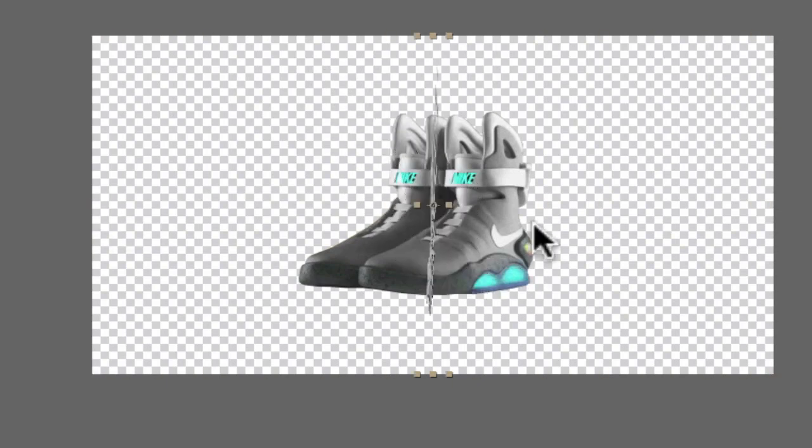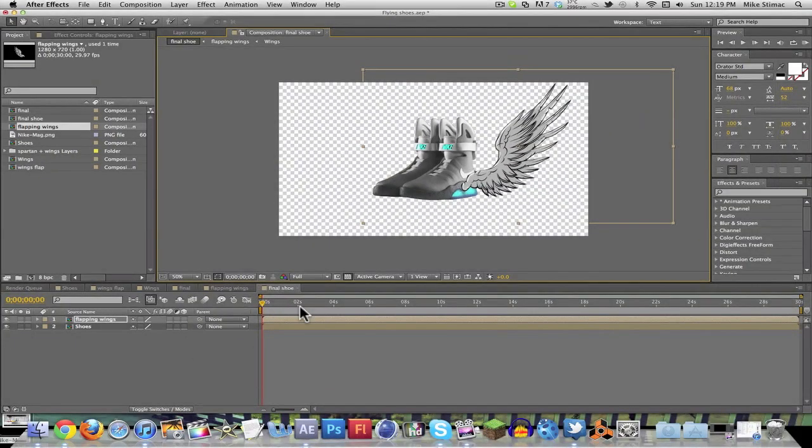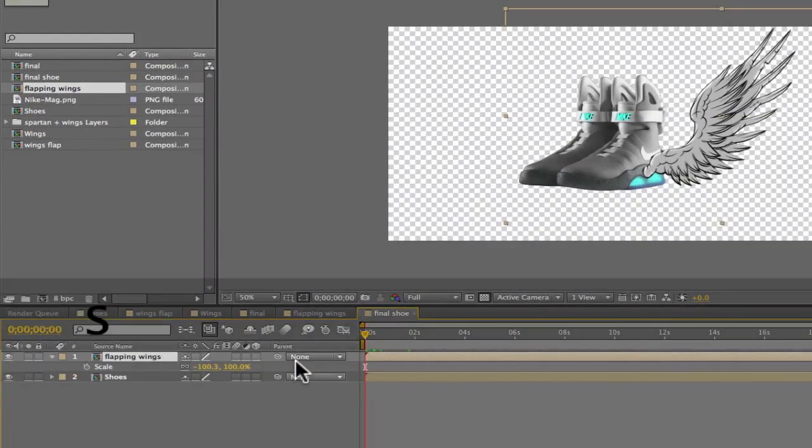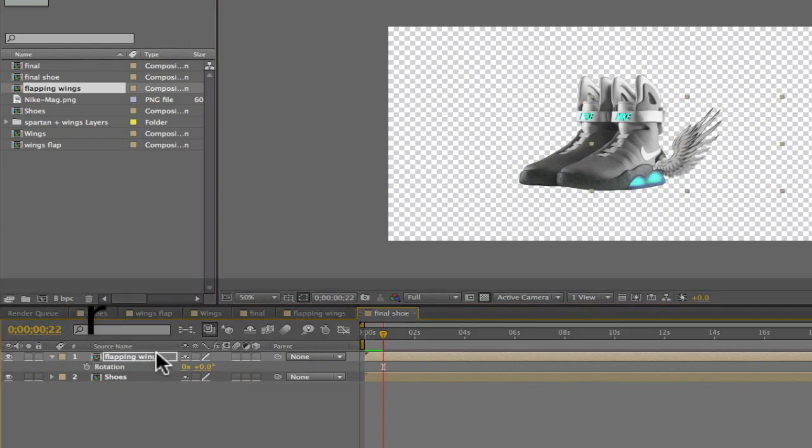Now I'm just going to go ahead and switch this wing around so we can have it facing the right direction. Alright, so this thing is super massive, so we're going to go ahead and hit S so we can scale it down to size, position it, and add a little bit of rotation,